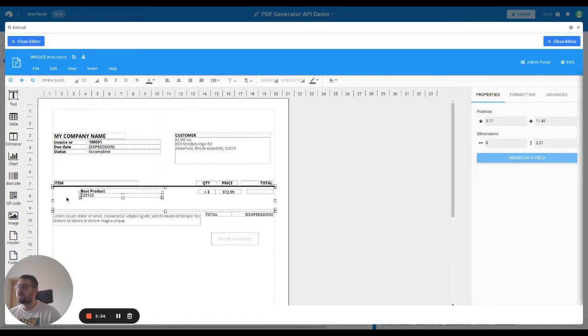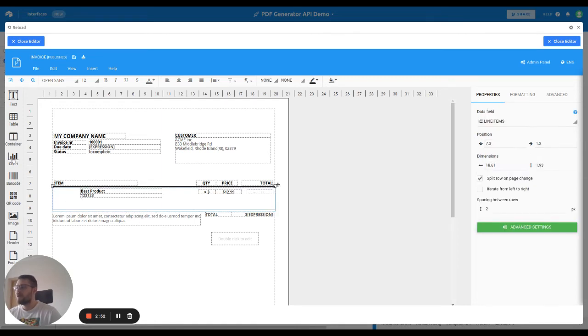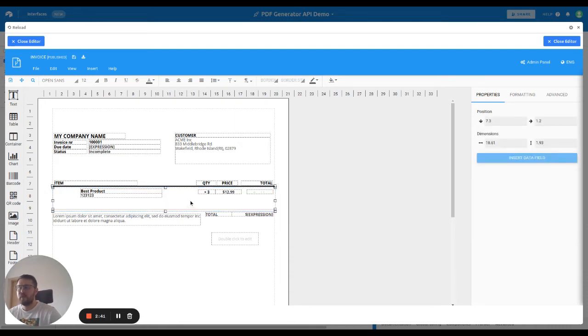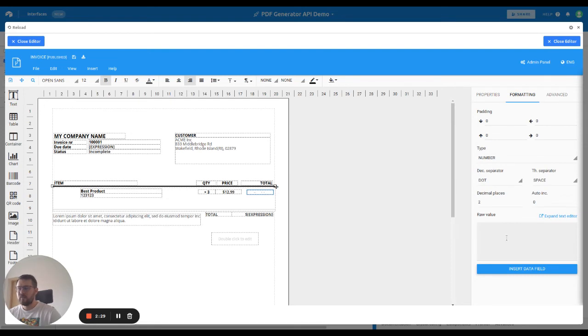As a next thing, we have a list of line items. We can use a container or table component to iterate over a list of items. In our context, it's line items that we can list. In the editor, we only see the first item, but when the PDF is rendered, we see all the items that are in the dataset. We have quantity and price, but we don't have a total value. Luckily, PDF Generator API provides a simple expression language that allows us to do mathematical calculations. So we can easily multiply price with the quantity,